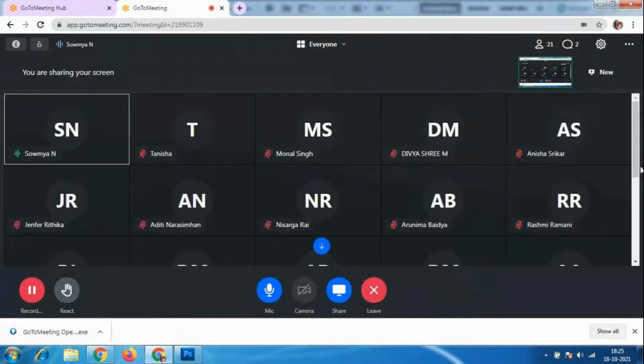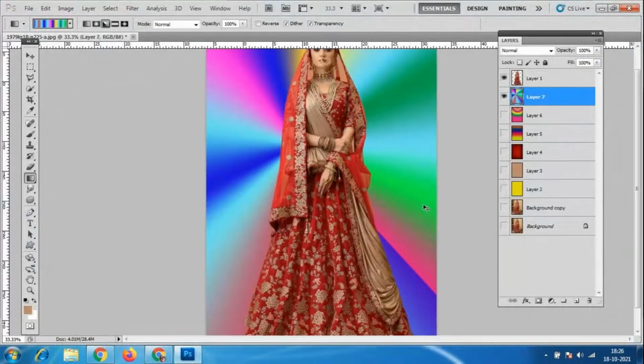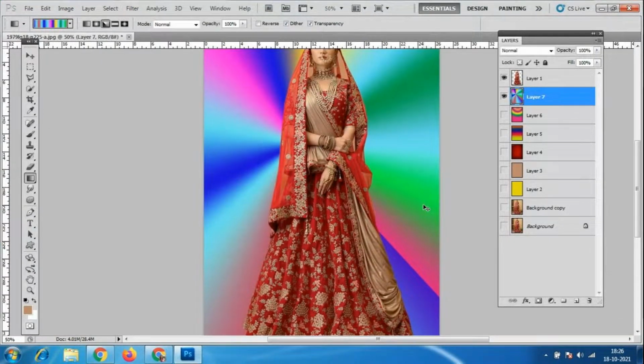For this portion, the polygonal lasso tool and magic eraser tool, we have the collage work. I want the collage assignment from the beginning. Next, we have the gradient tool and the paint bucket tool. According to this, we have the assignment, the background, and the layers. I want to see the layers also, everybody.